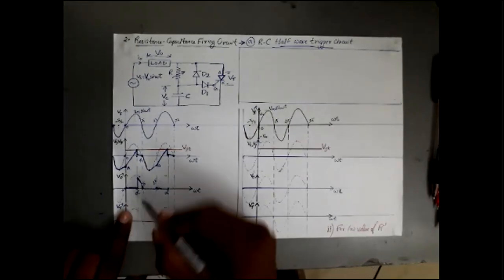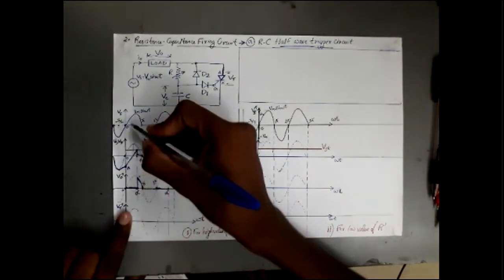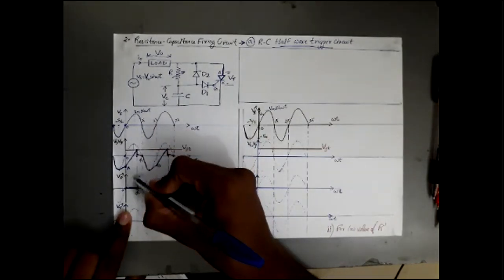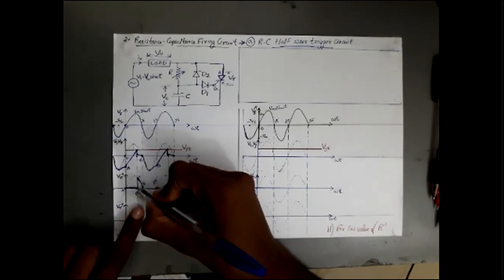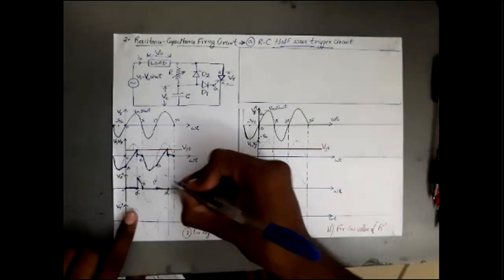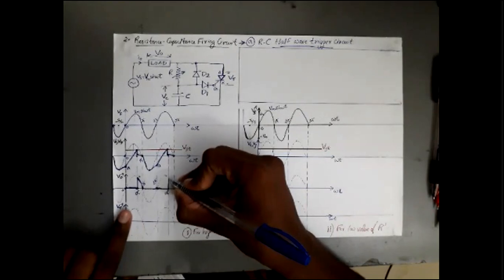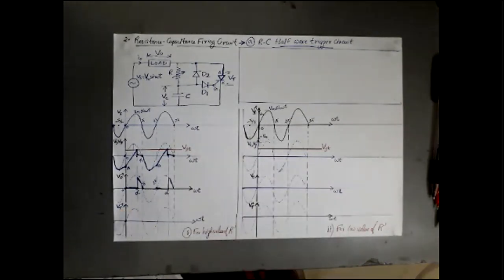See, the value of alpha is greater than 90 degree. In this case 90 degree means pi by 2, it is the pi by 2 point, omega t is equal to pi by 2, so alpha, it is triggered when omega t is greater than pi by 2, that's here alpha is greater than pi by 2. Then again my SCR got triggered and V naught will be appearing due to the I naught. Hope it is clear for you.